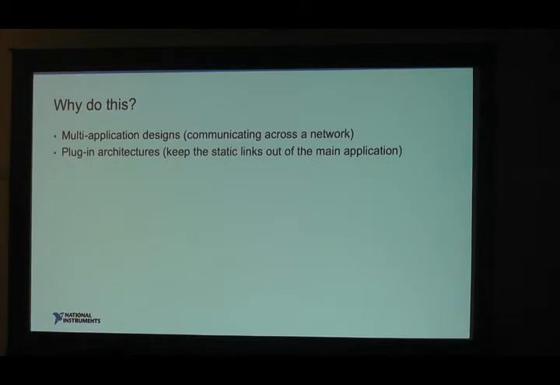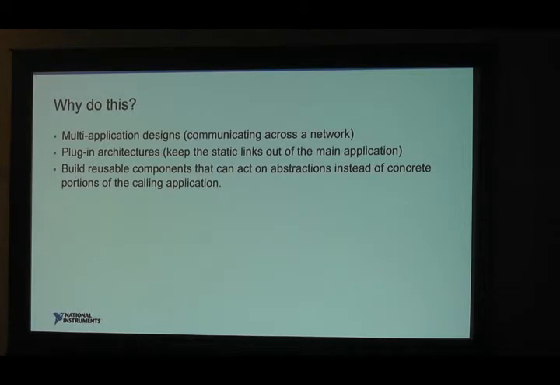Again, plugin architectures: you want to keep those static links out of the main application. So let's say we're writing a plugin. The plugin needs the ability to access some functionality inside of your application. It needs to be able to tell the application to do something while the plugin is running. Or maybe it accesses a database or something like that that's part of the main application. But if you use these abstract links to break the static link, then you won't have to have the main application in memory when you're editing plugins. This would mean that a team member working on a plugin doesn't have to have this huge code base loaded into memory at the same time. And this makes it a lot easier to work on.